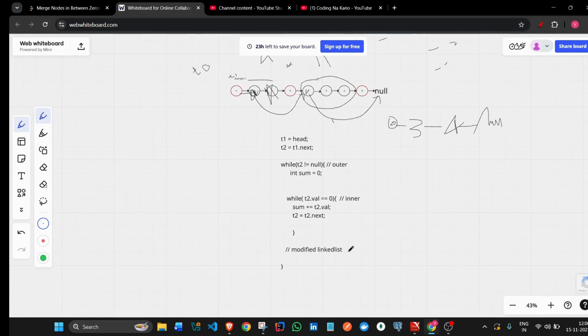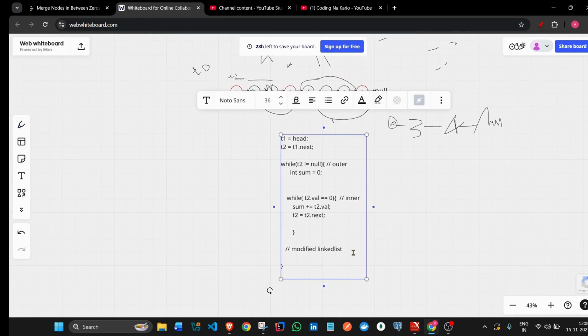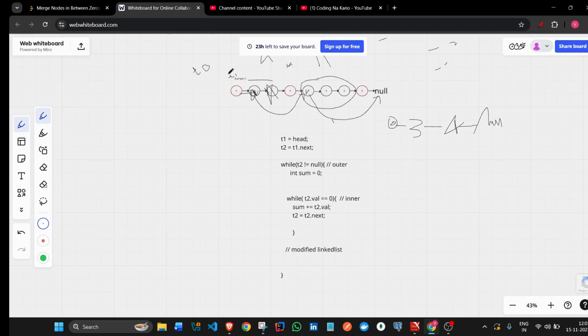So we need to modify it. And how do I write the code? Like this. Here what we are doing: initially t1 is pointing here. Okay, now t2 is pointing here. t2 pointing here. Now for the first traverse,